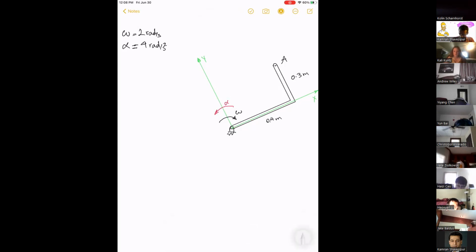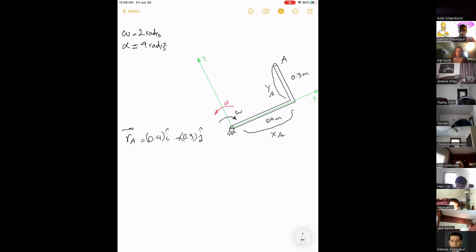So if we solve this, the first thing is to find RA as a vector. This is X of A, and this is Y of A. Both of them are positive. So technically, RA is 0.4 I plus 0.3 J, right? As a vector,